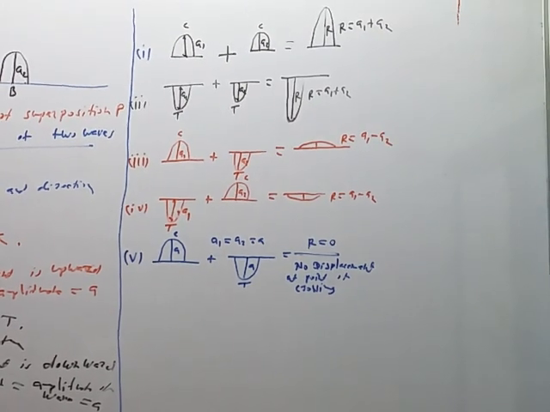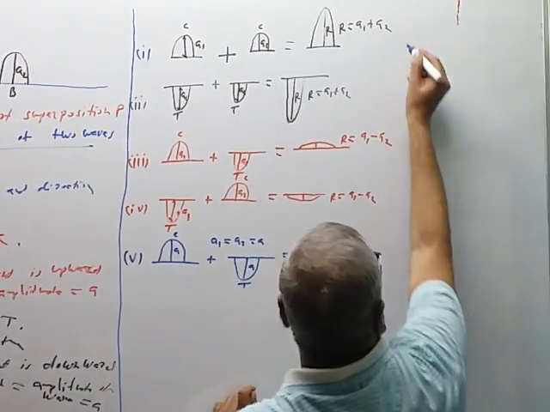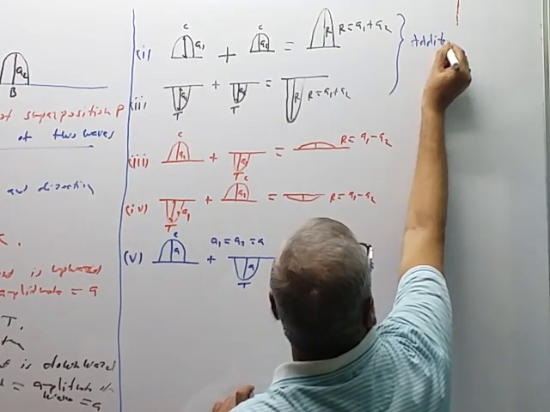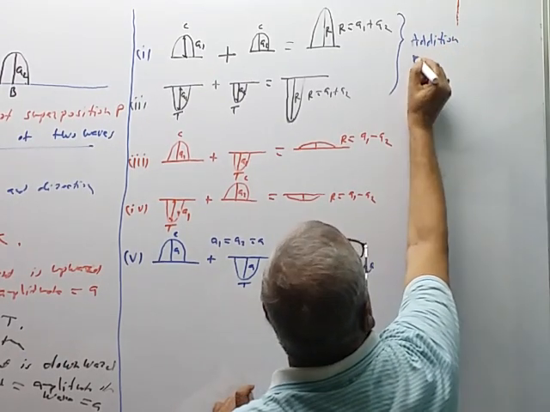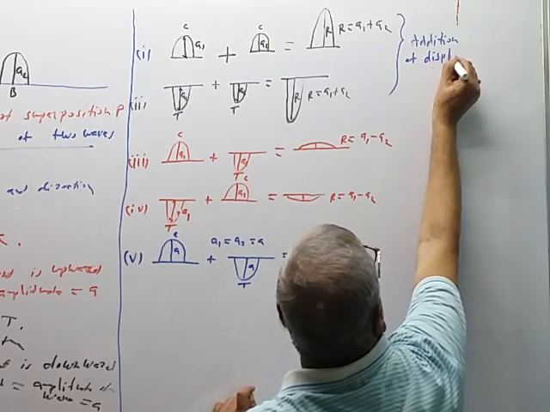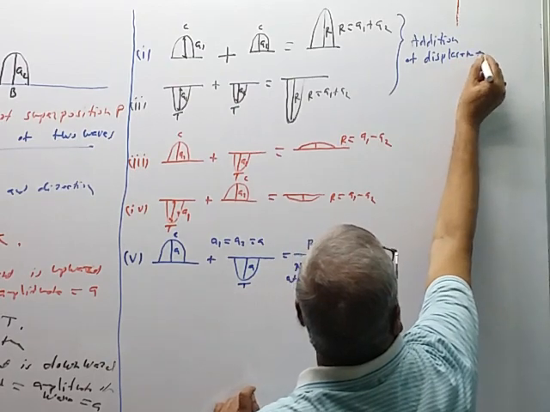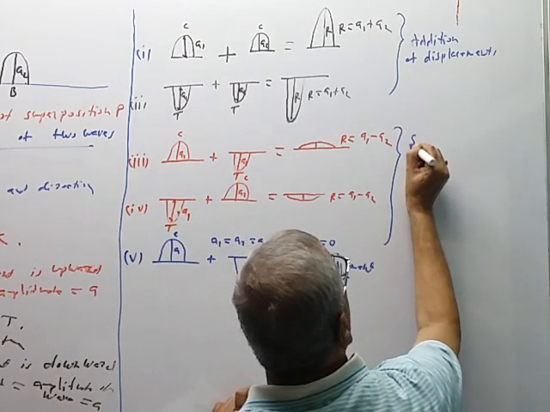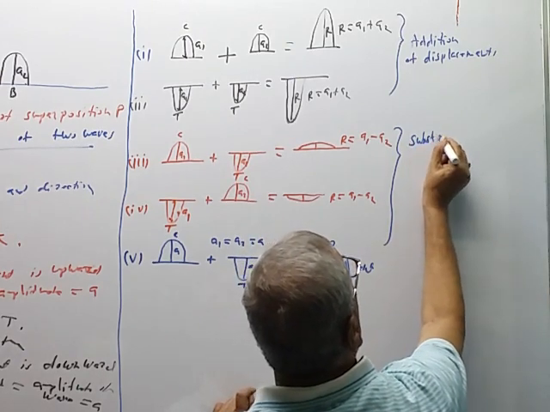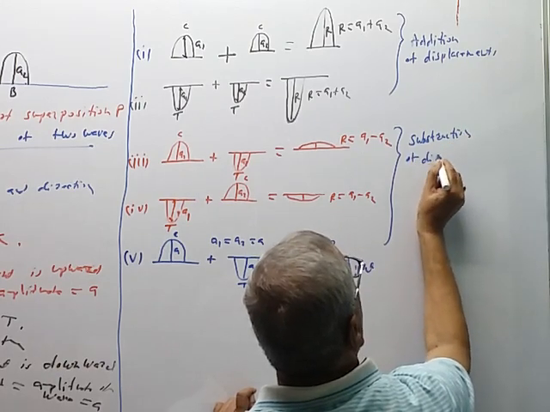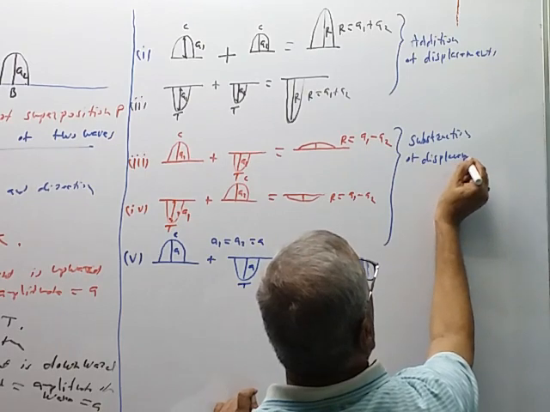R is equal to A1 plus A2 means there is an addition of displacements, A1 plus A2, and in these cases subtraction of displacements, A1 minus A2,